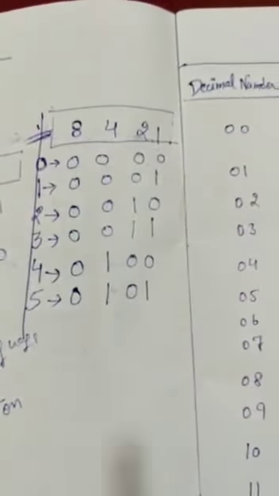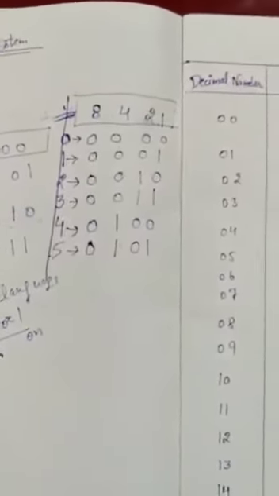The code is 1. Double of 1 is 2. Double of 2 is 4. Double of 4 is 8. So it is very simple to understand and easy to remember. By using this code, you can implement your complete table till 15. And in octal we use 3 bits. By using 3 bits, it will be completed on 7.